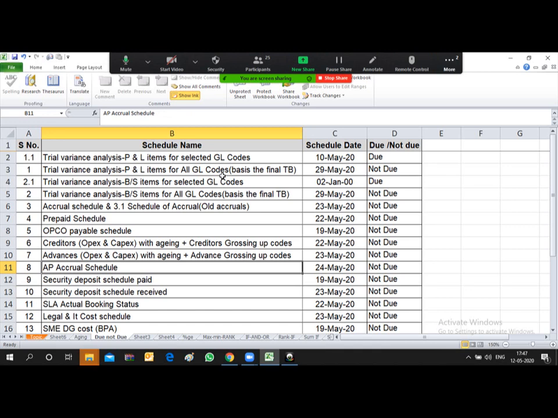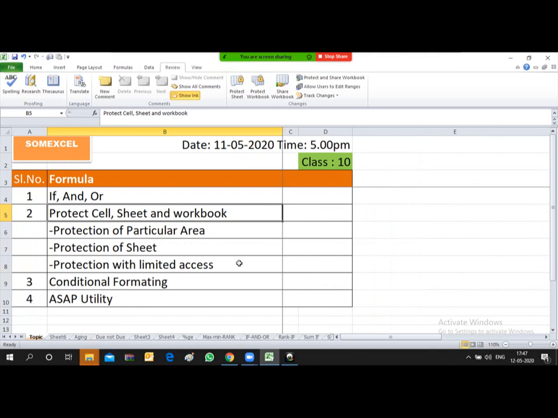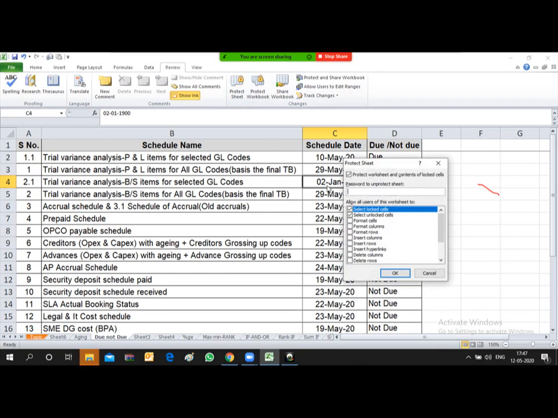So friends, now one more thing is remaining, that if you want some limited access with protection, so let me cover this also. Here, since the sheet is protected, I will now unprotect this sheet. I want to give limited options. What are the limited options? Suppose here I want to allow the user to insert row and insert column. So I want to just allow the user to insert a new row or insert a new column in the worksheet. So he will be allowed, and let's type the password.